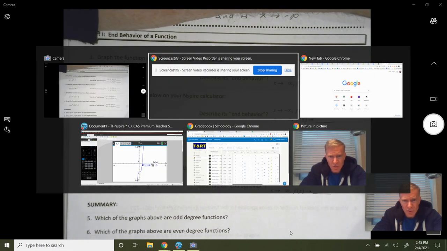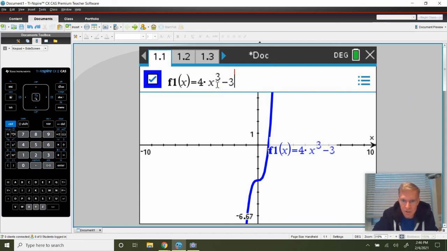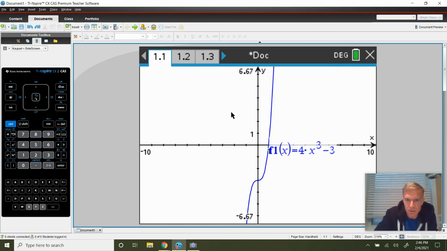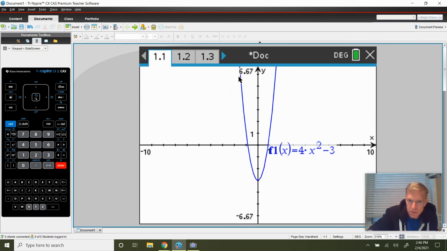So I'm going to show you, I actually already graphed these. So if you look at the first one, this is 4x. Oh, this is not the first one. This was supposed to be the first one. Let me fix that. That should be 4x squared minus 3. Okay, that didn't work. 4x squared, and enter. Okay, so that's a parabola,